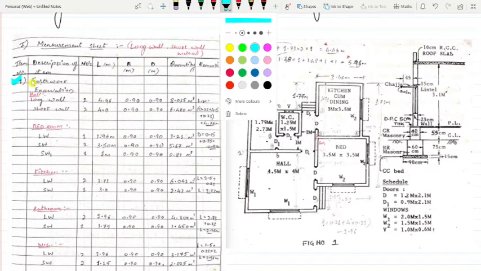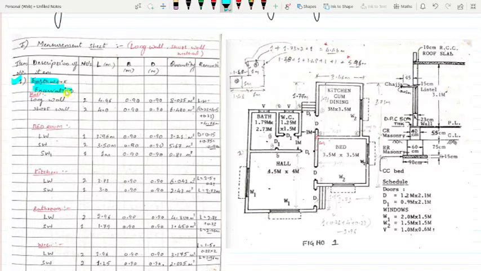In that, first comes the hall. We will not take the entire building and do the excavation together. We will go component wise, like hall, bedroom, in that way.